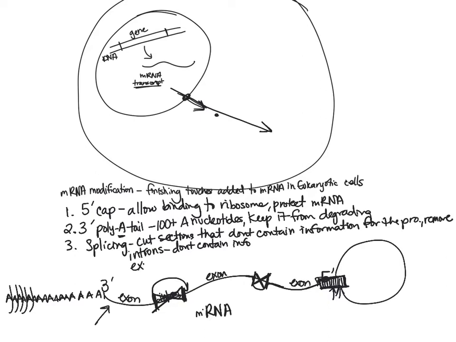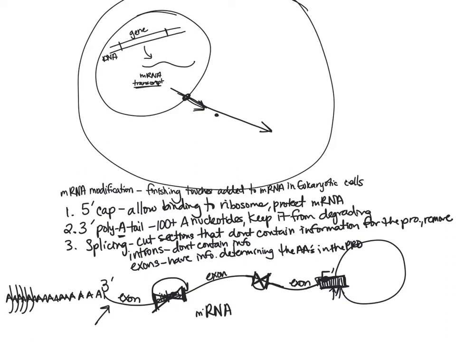The exons are those that have information for the amino acids in the protein. So they have info determining the amino acids in the protein. So this is our RNA splicing, or mRNA splicing. We can cut out various introns, glue back together the exons, and then we have our completed mRNA.